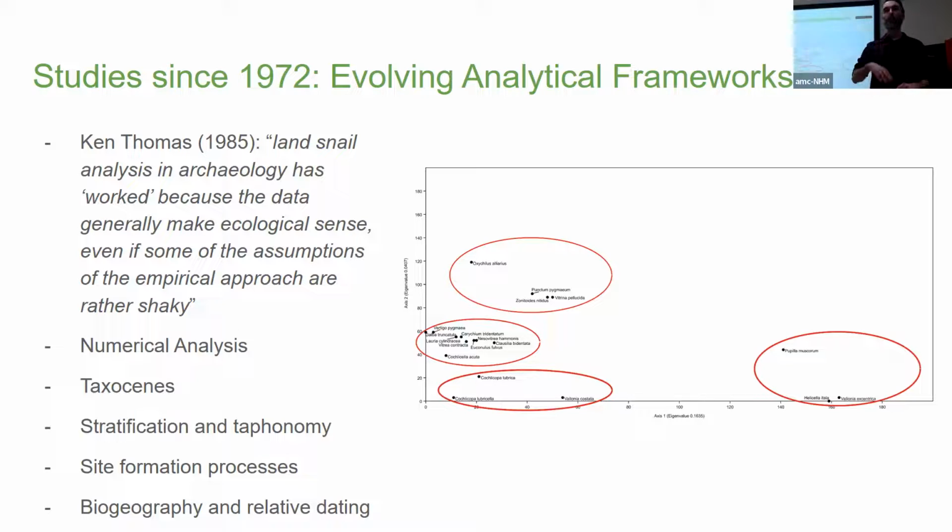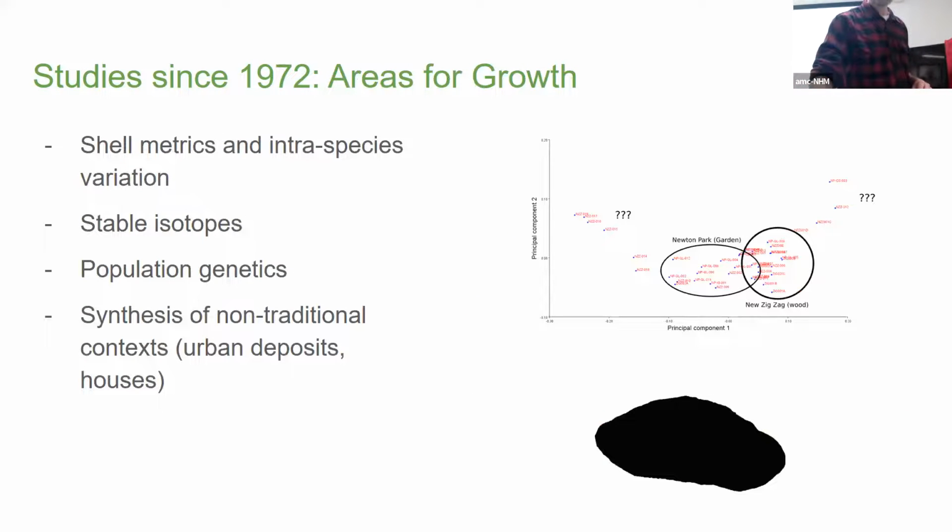I think the movement of snails implies a movement of people, perhaps of animals or of plants. I think that's something we all recognize, but it's not talked about a lot, but it is an archaeologically very interesting thing that land snails can tell us, and developing some more research on those aspects of biogeography, I think, could be very useful. I'll come back to that in a moment as well.